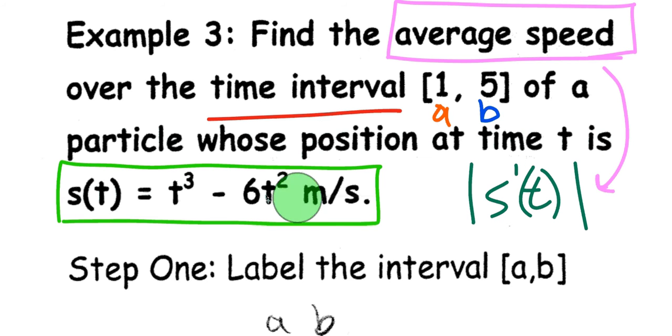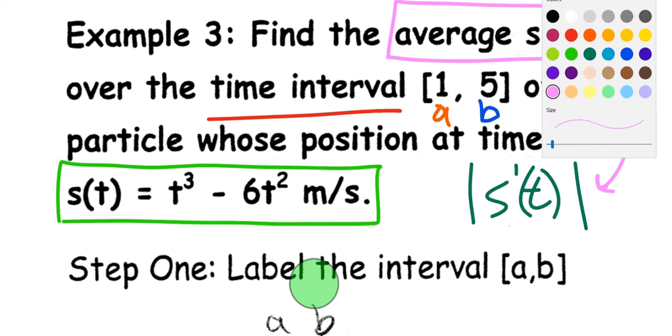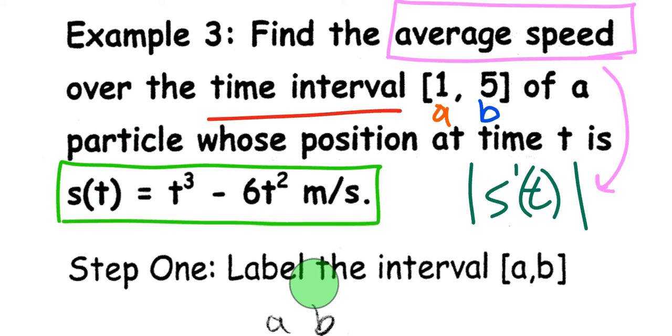So this is the position equation. s of t equals t cubed minus 6t squared. And that meters per second thing should not be there. That should just be meters. So its position is given in meters. However, we want to figure out its average speed. So in order to do that, remember that